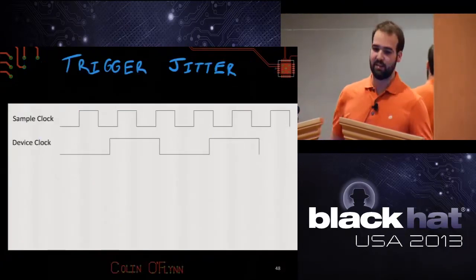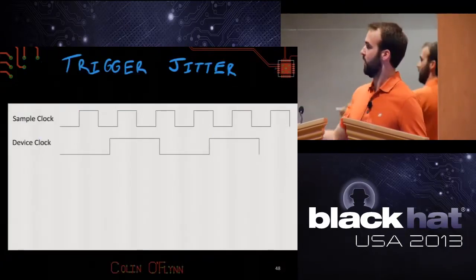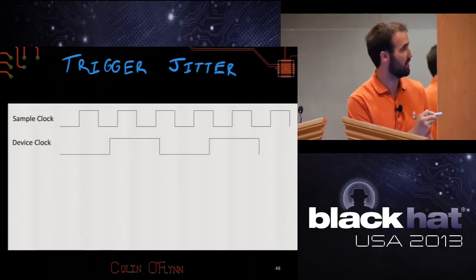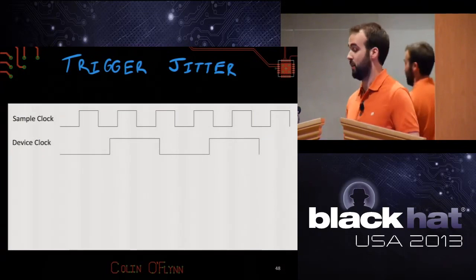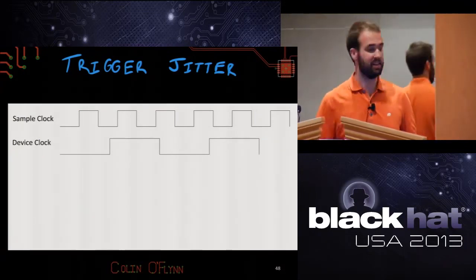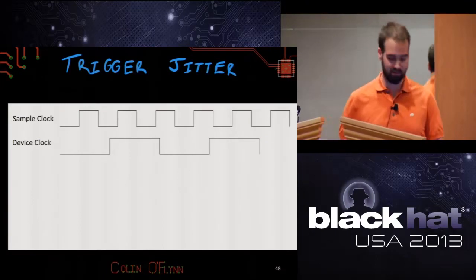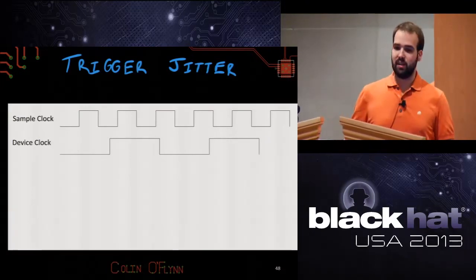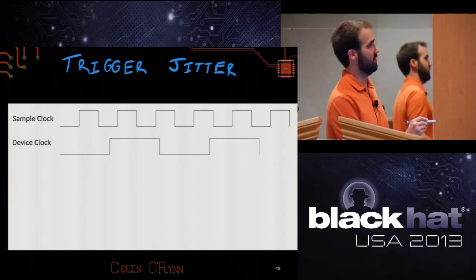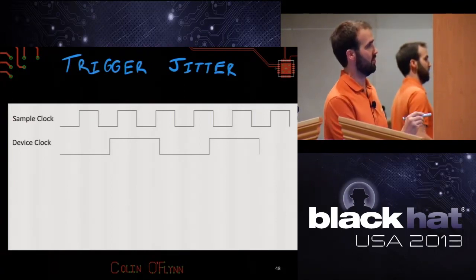Why this happens is that the oscilloscopes run on a sample clock. When I say it's doing 100 megasamples per second, on the top we have the sample clock here, this clock is running at 100 megahertz, and it's saying, okay, every 1 over 100 megahertz, I take a sample of the power the device is using. The device clock is also running at some other frequency, so in my case 7.37 megahertz, so here's the device